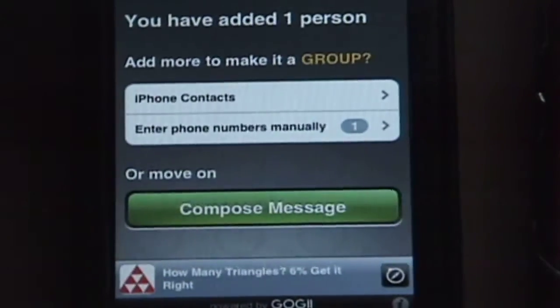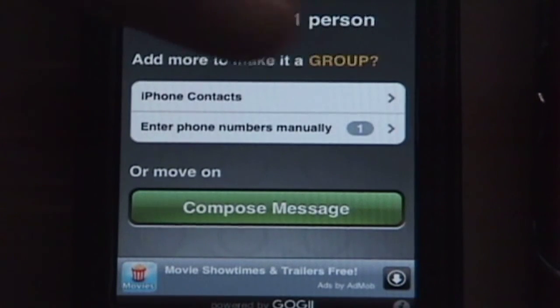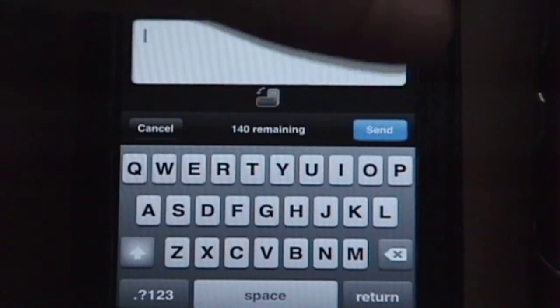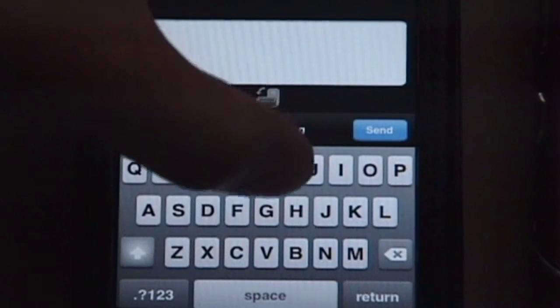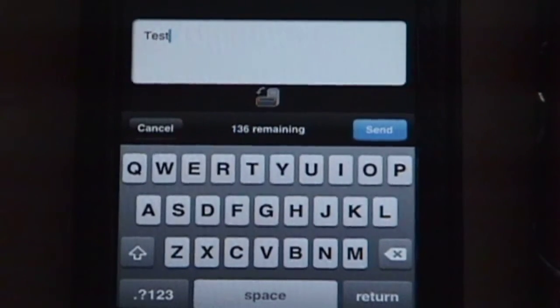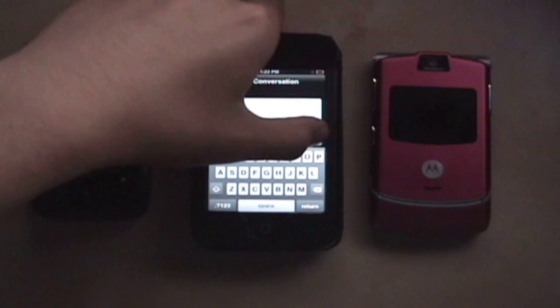And then once that is done, there we go. It'll say that you have added one person to your group or your conversation. Once you see that and you agree, you could compose the message, and you could actually even add another person on there if you want, but we won't do that. Let's just type in test as our test message, and then the pink Razor should get a message. So we'll just tap send,